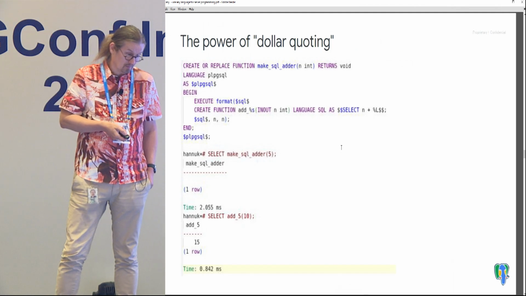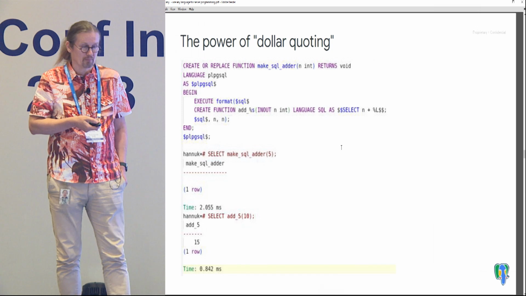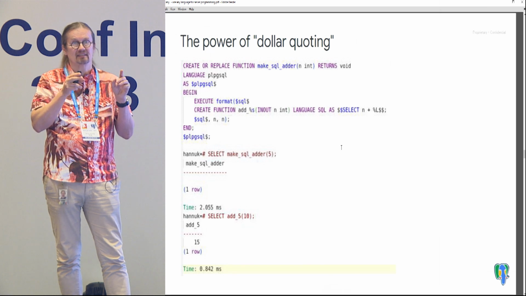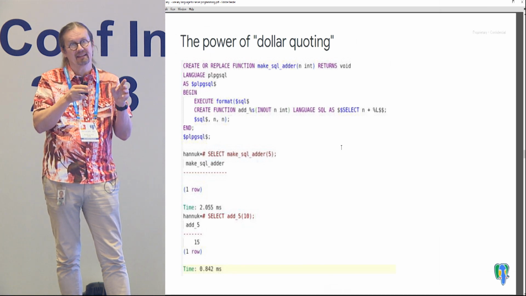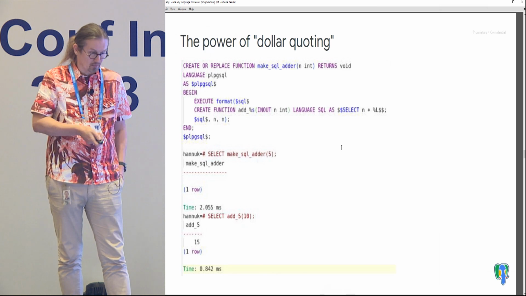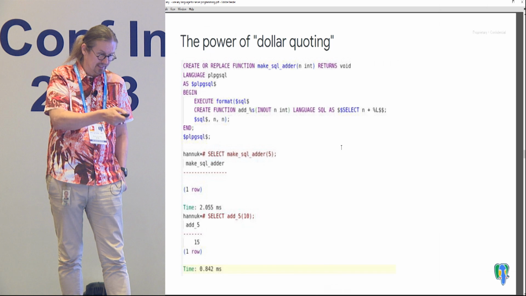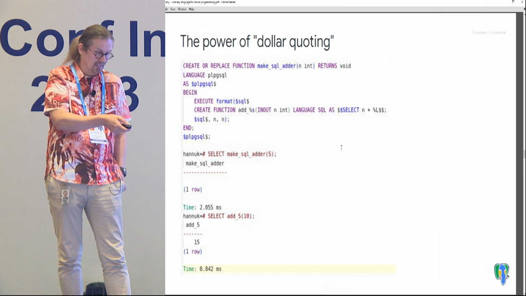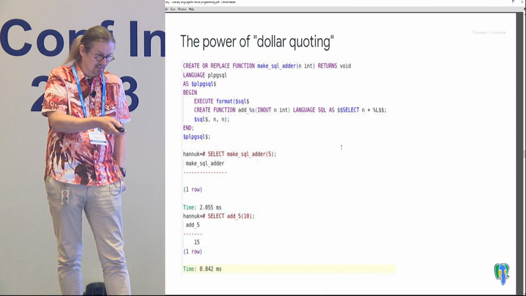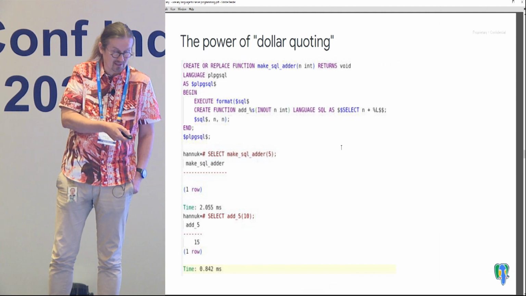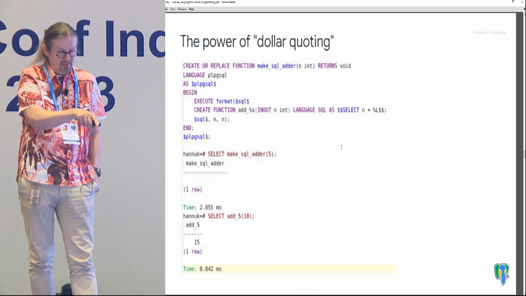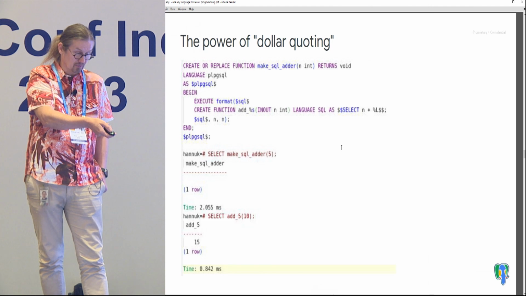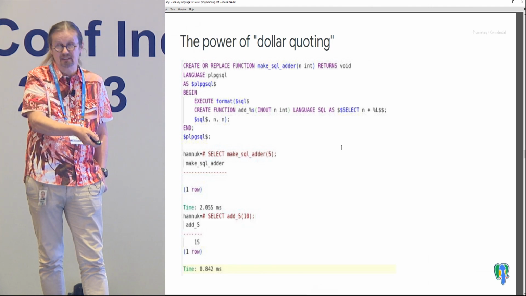Yeah, here is a more complex example using dollar quoting. With dollar quoting, you can actually have multiple ones, and it matches between a $tag$ string, and then the end is the same string. So here I have a function that creates adder functions, and you see that the outer function has $PLPGSQL$, the function it generates. The format around it has SQL with dollars, and the inner one is just double dollars. When I call this function with number 5, it creates a function add5,